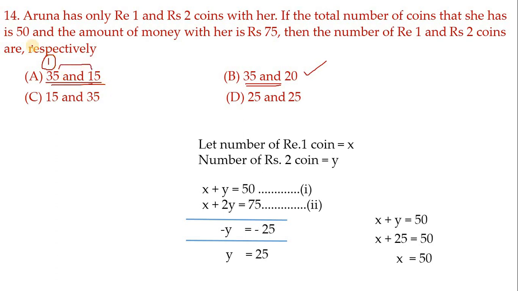But if you add, you will get 50 coins only. See, amount we are not getting correctly for this. We are getting total number of coins. So for both it has to be satisfied. So that is a very important thing, you want to keep it in mind. So move on to another problem.